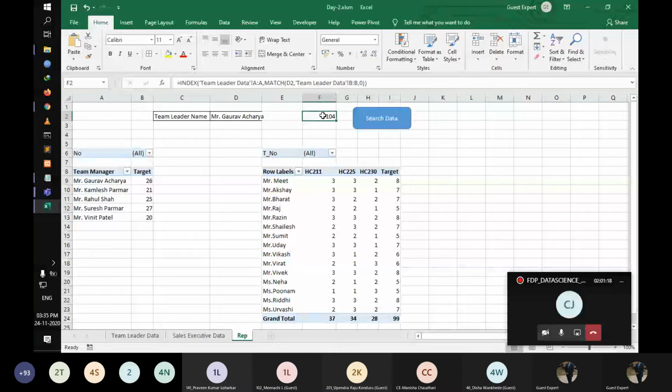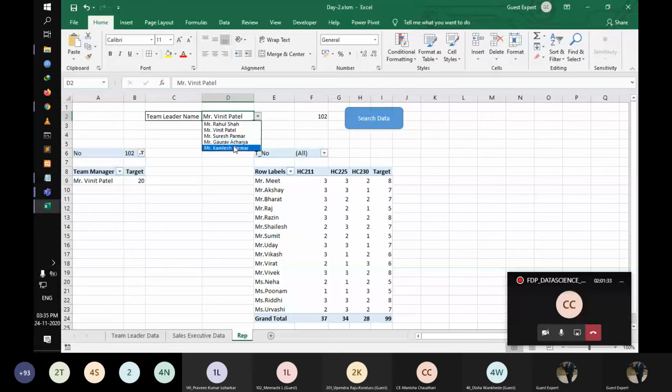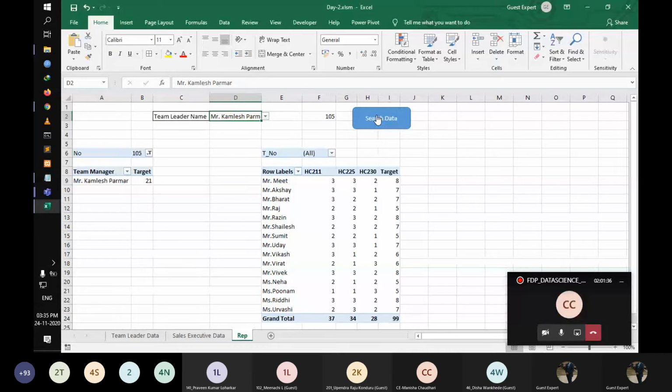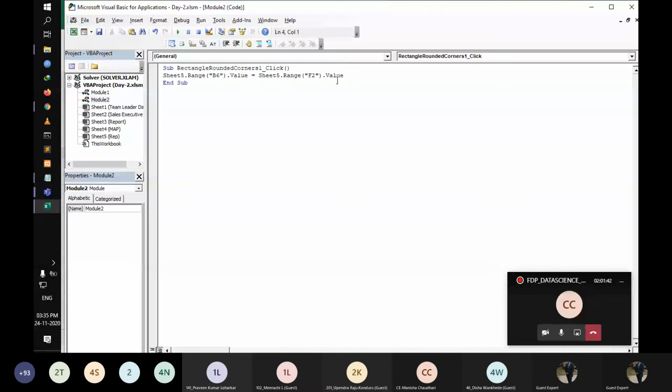Sorry, this is F2. See, Vinit Patel, Kamlesh. Okay, right now this is F6. I just select